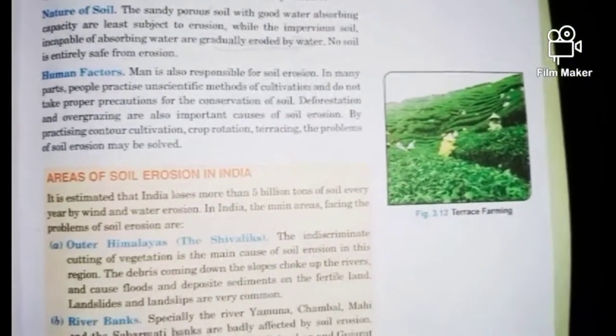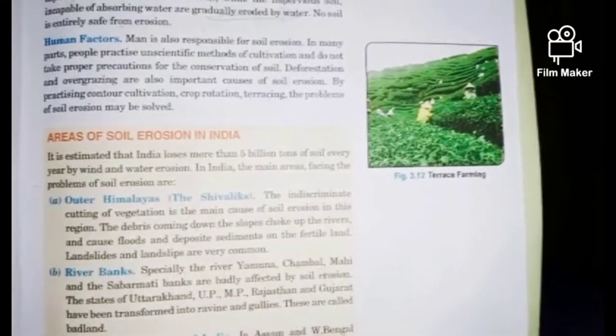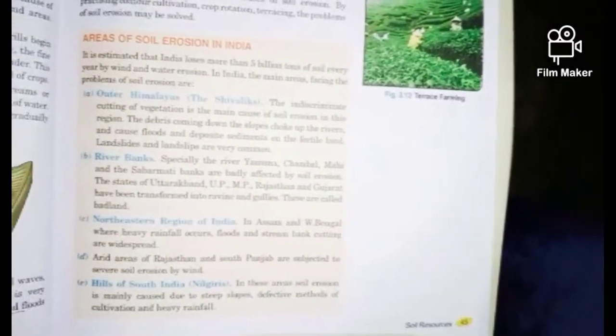So these are some of the factors and types of soil erosion we have learned, caused by the river, by the wind, by the shore, or by some other agents of soil erosion. In the next part we will be discussing the types of soil conservation, which are very important in order to maintain the fertility of the soil. We shall study that in the next part.